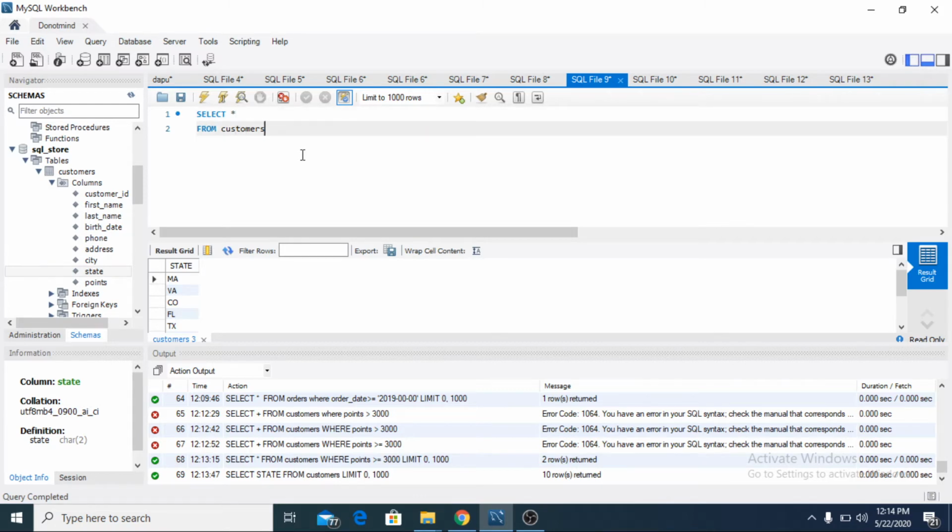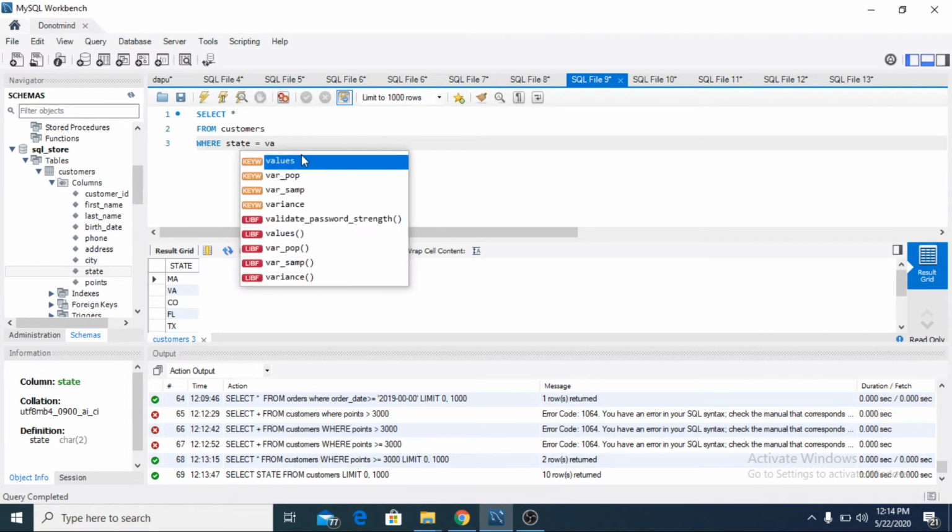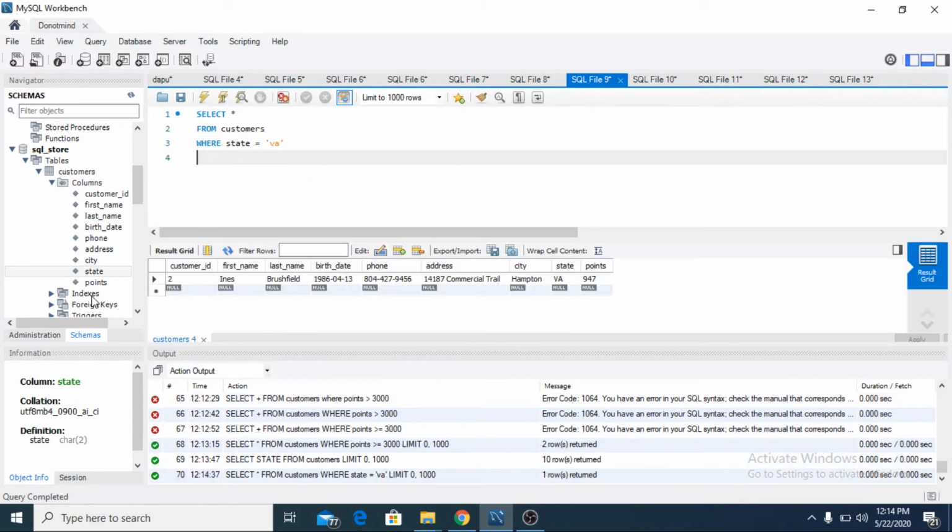From customers, then we can do where state is greater or equal to 100. Sorry, state is equal to PA. Then we must write inside this. So we can get only one person named Bruce Innes, who belongs from Virginia. So this is how. If we want to write who does not belong to PA, then like this,